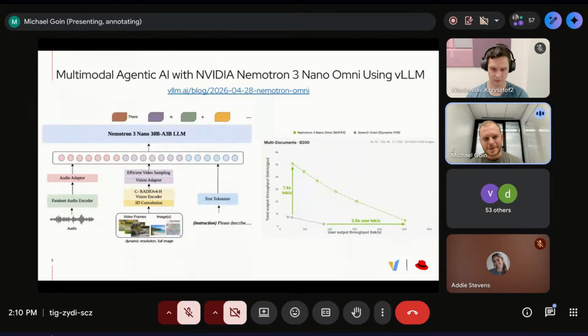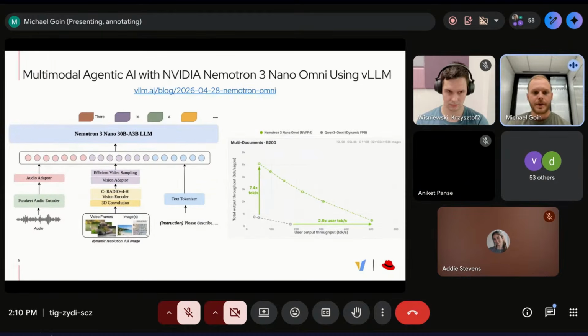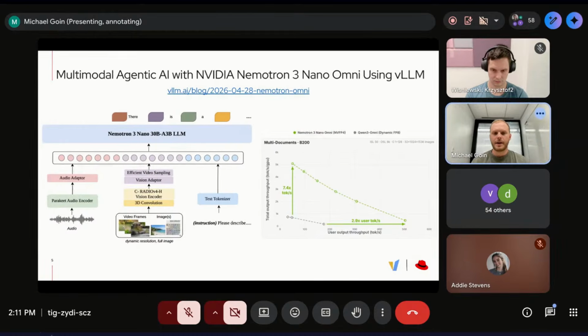So after that brief introduction, I'm going to go over some of the blogs and releases we've had over the past 2 weeks since the last office hours. There was this interesting blog from the NVIDIA model development team on their latest Omni model. This expands it from just image input to video and audio input compared to the previous Nemotron 3 models.